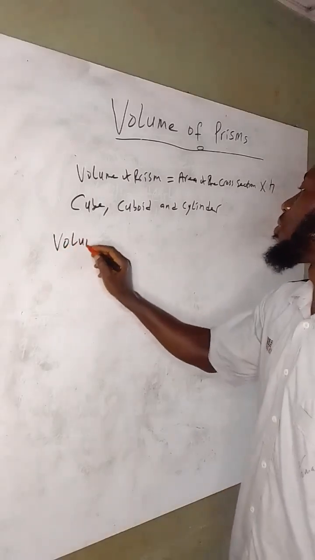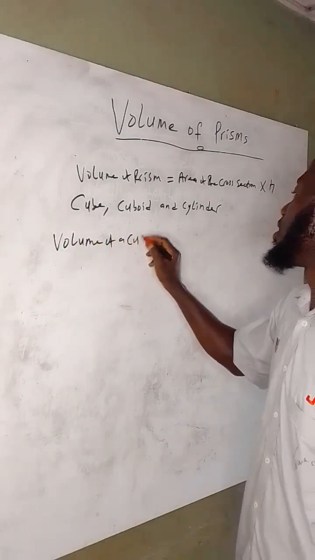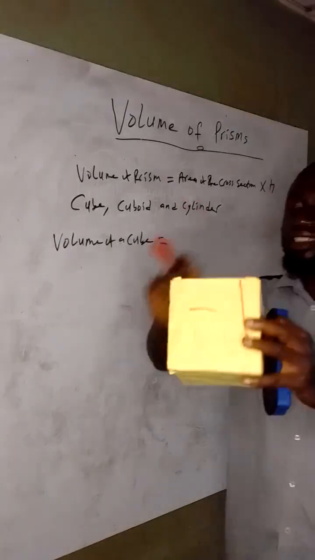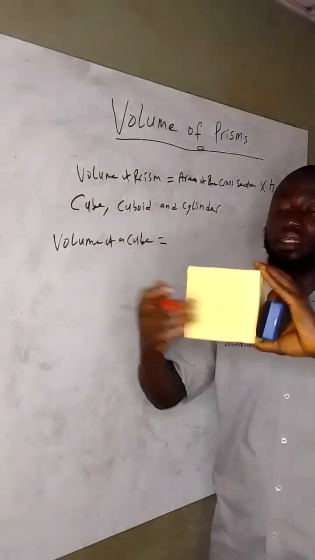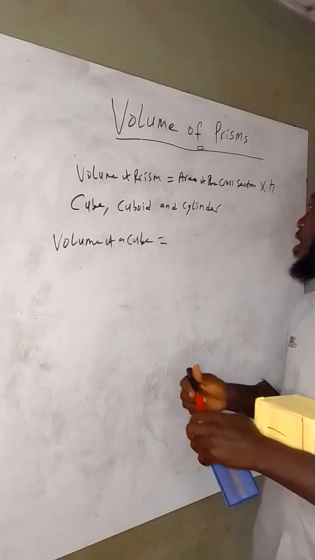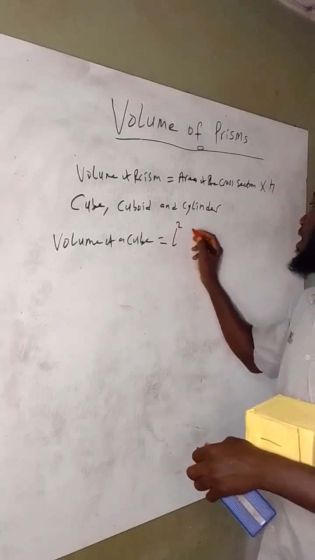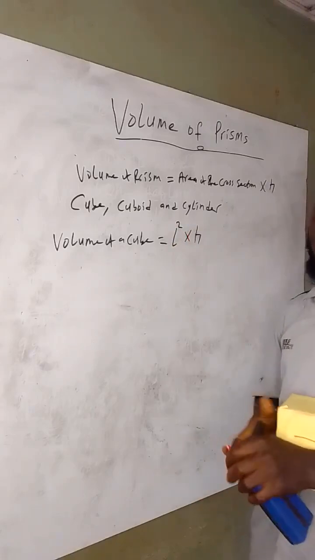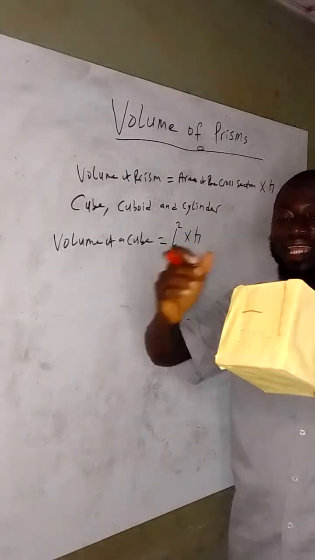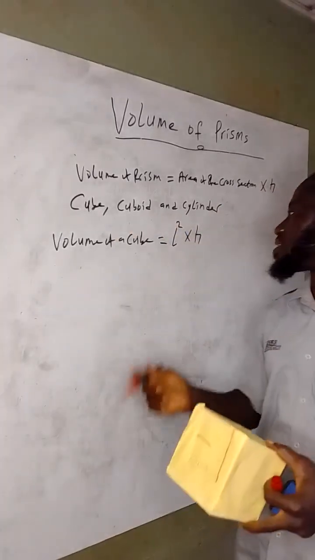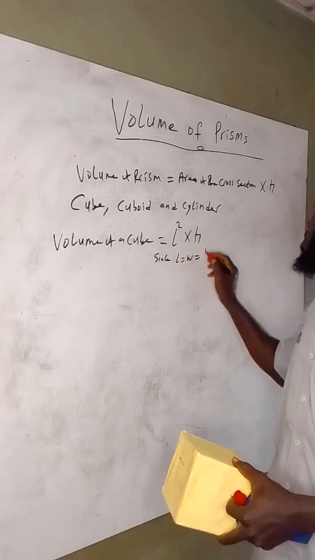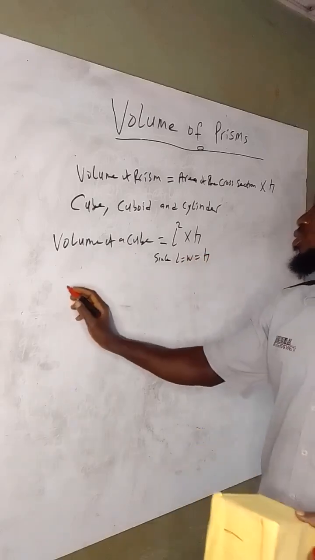Volume of a cube. The cross section of a cube is a square, so the volume is the area of the square multiplied by the height. The area of a square is L squared, multiplied by the height. But here the length, the width and the height are the same thing. Since L equals width, which is the same as height,